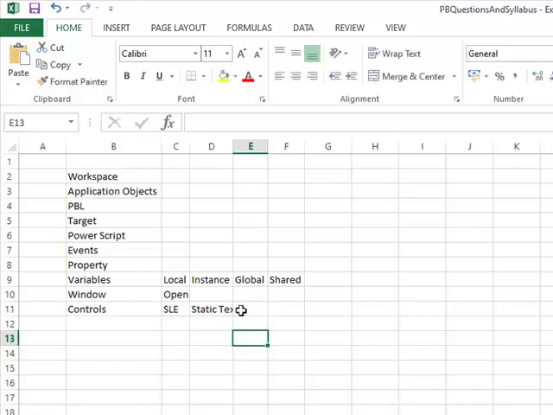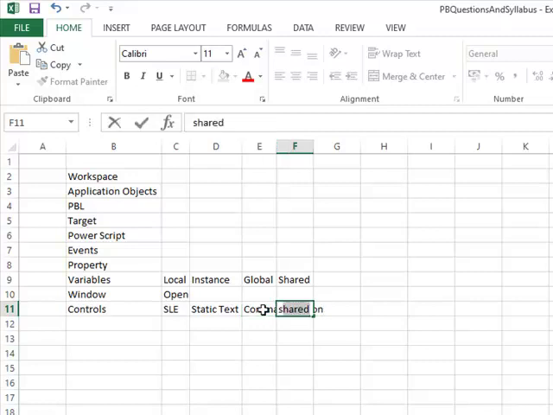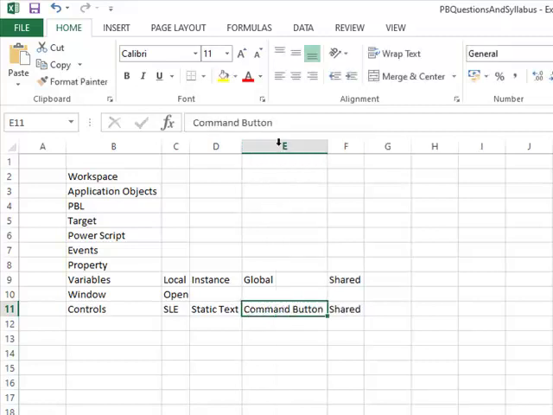So SLE we were using for input purpose, and static text was just a label. And we have seen command button.